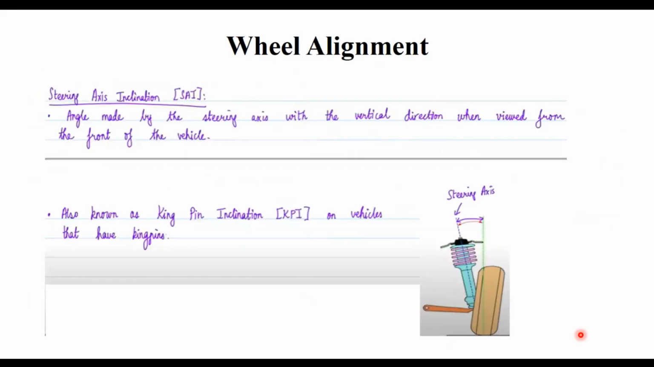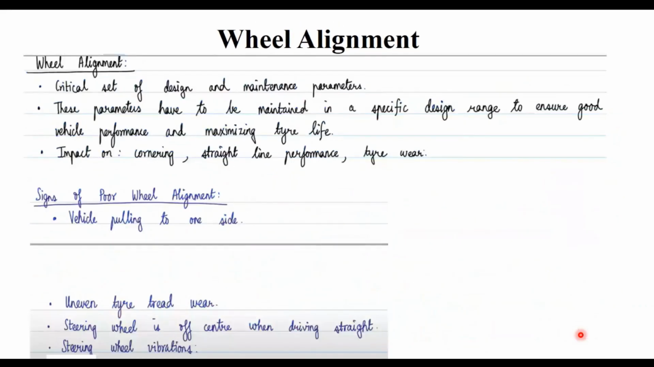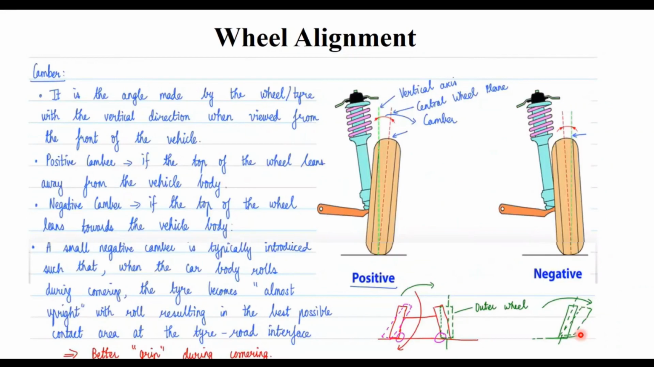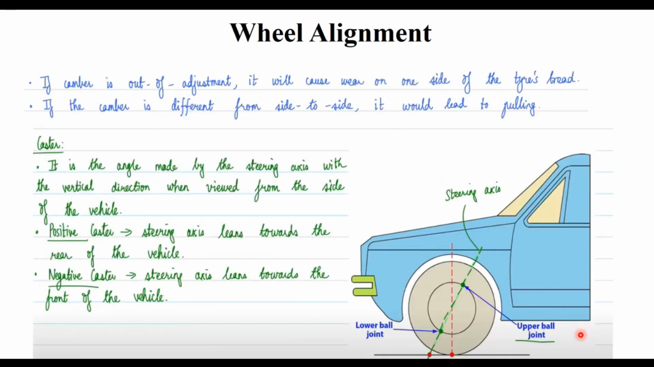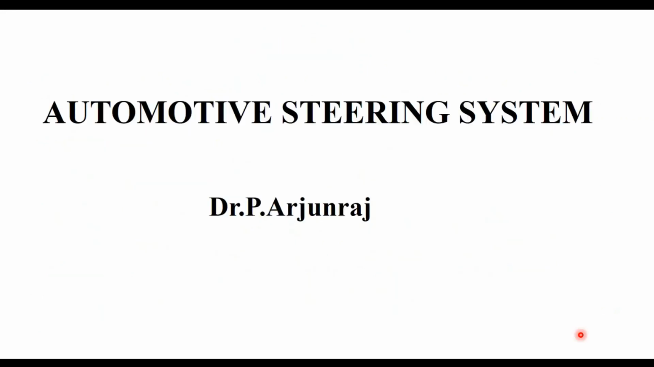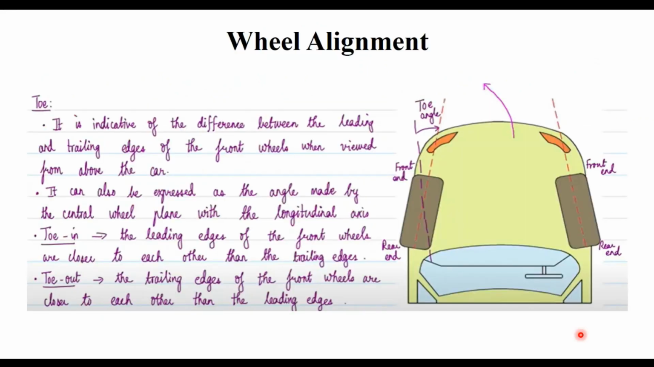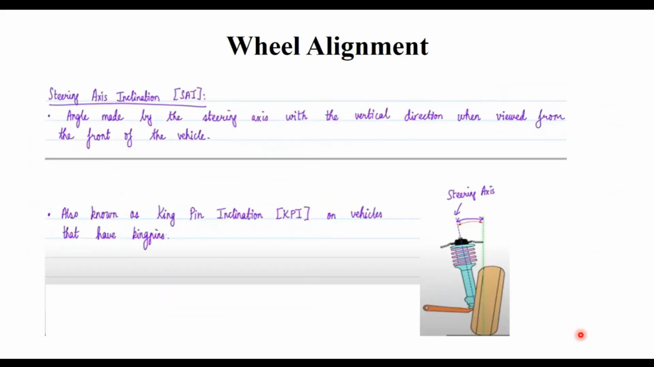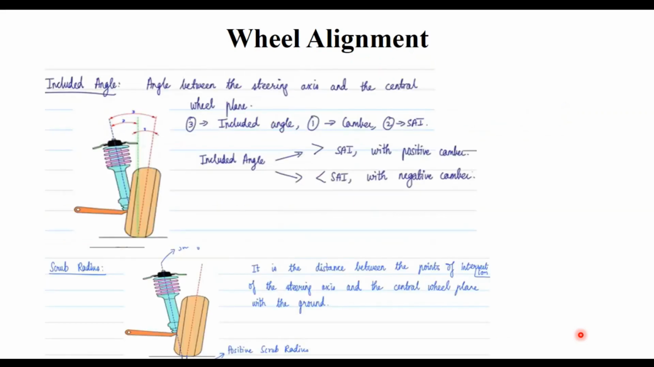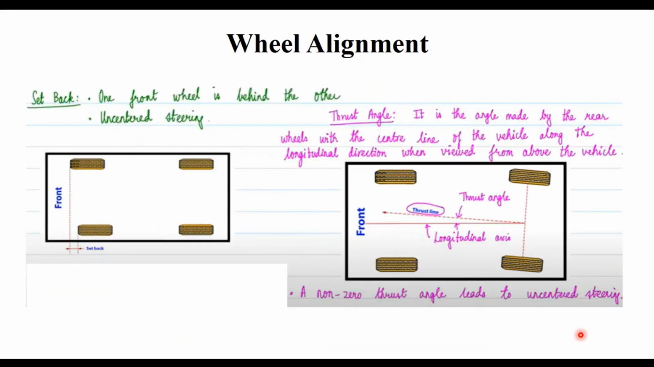So what are all the wheel alignment parameters we have seen? This includes camber, where we have seen what is positive camber and what is negative camber. Next comes caster, where we have seen positive caster and negative caster. We have also seen toe, in which toe in and toe out have been studied. Next is steering axis inclination, or KPI inclination. Next we have seen included angle, what is curb radius, what is setback, and what is thrust angle. So these are all the various wheel alignment parameters that need to be taken into consideration,